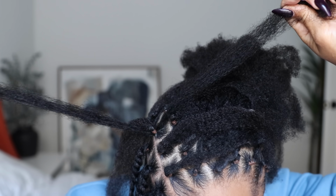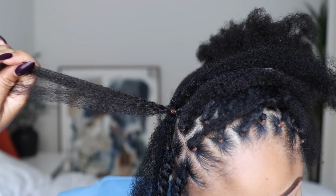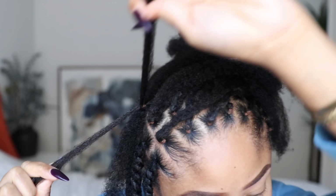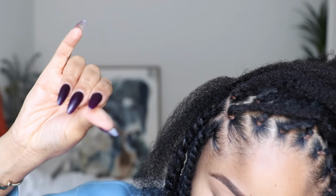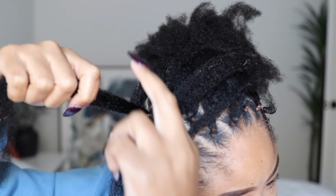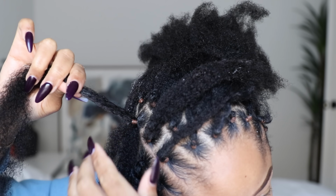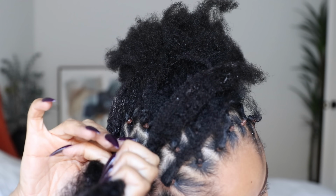Okay, I'm gonna pull them a little bit so they're mostly equal on both sides. And then with my real hair in the middle, I'm gonna separate this into a top and bottom half to add it to both pieces of the extensions. Take some braid gel on my hands. I want to make sure my hands stay coated, and then take this top part, put my hair and the extensions together. The bottom part, combine my hair and the extensions together, and I'm going to just start